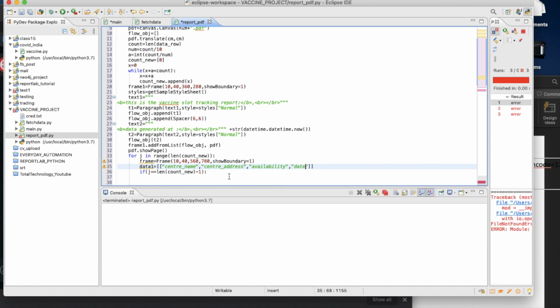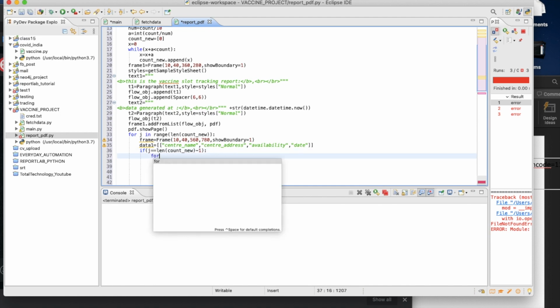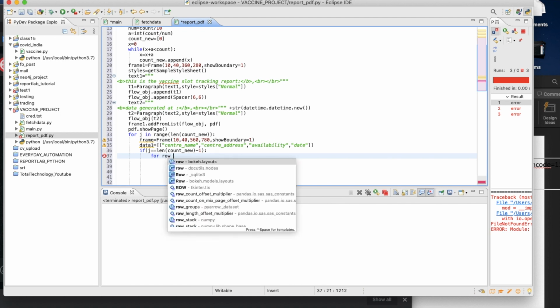Okay, done. So this is done. So let's go to the next part. Okay, so now I am here. Now let's start one new loop. So it should be for row in data